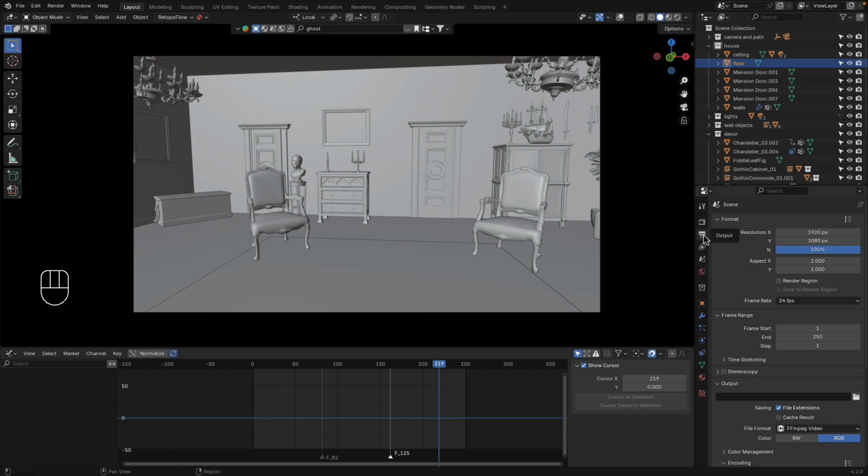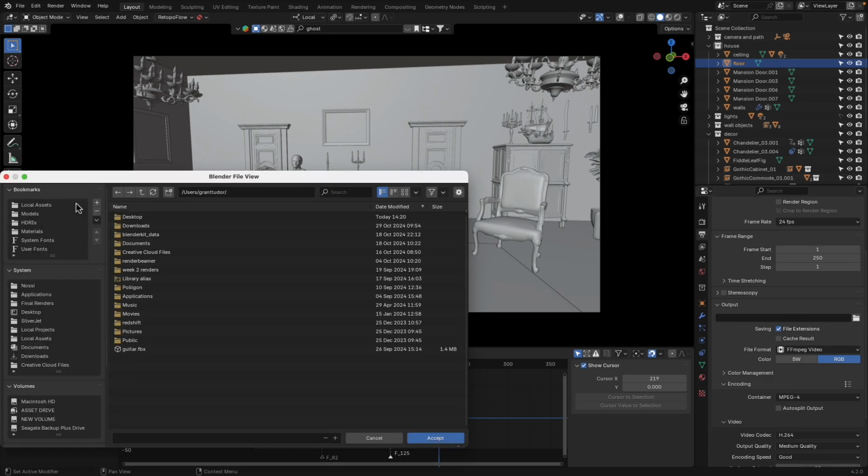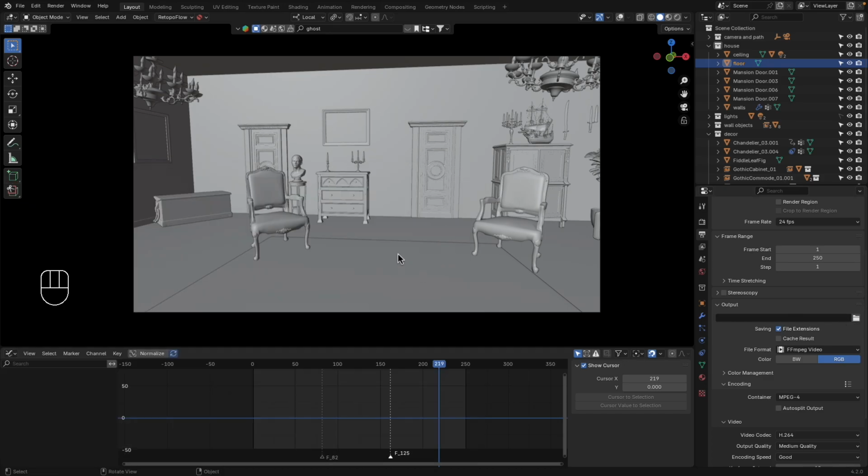The output properties are all set. All you have to change if you wanted to render this out would be to go to the output file destination here, change the file to wherever you want it on your computer, go to the top, hit render, and